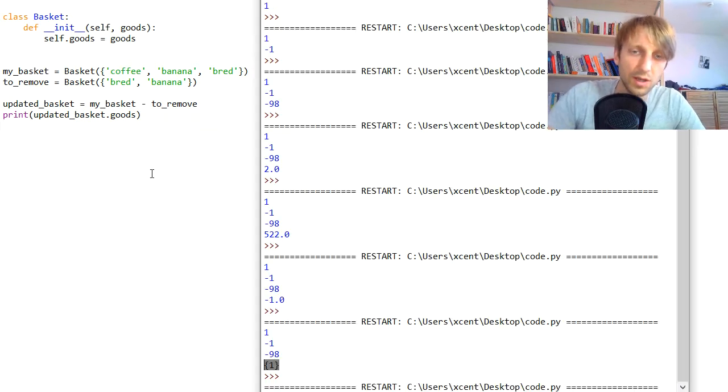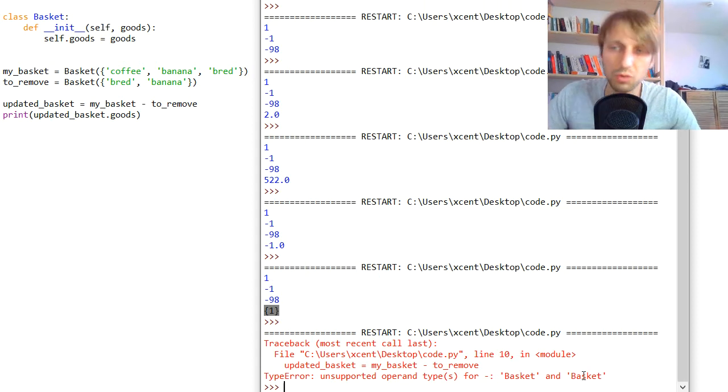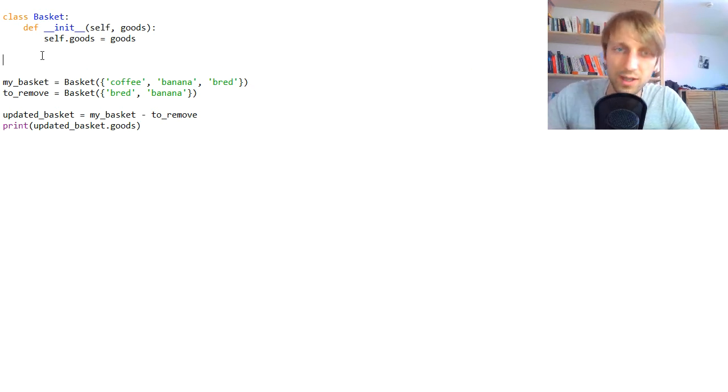Because intuitively we want to actually remove the elements, but it doesn't work. It tells me unsupported operand types for minus, basket and basket. So basket has not yet defined a way to subtract two baskets from each other. So we need to define this in our class using the magic method